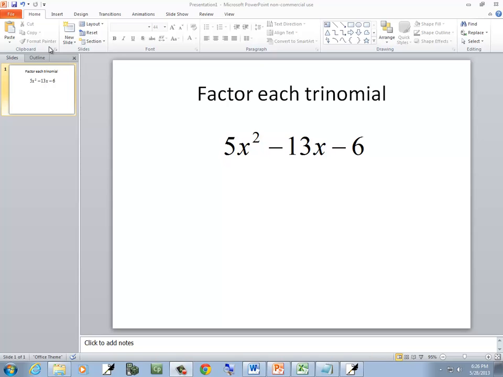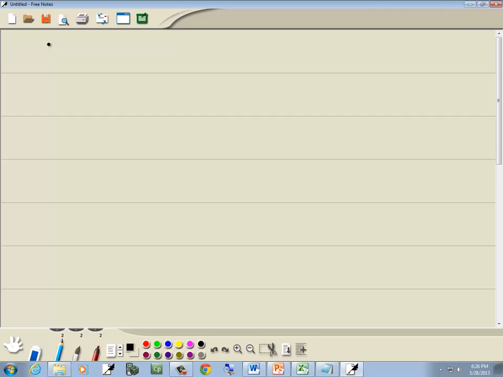Instructions are factor each trinomial. So let's take a look at this one. We got 5x squared minus 13x